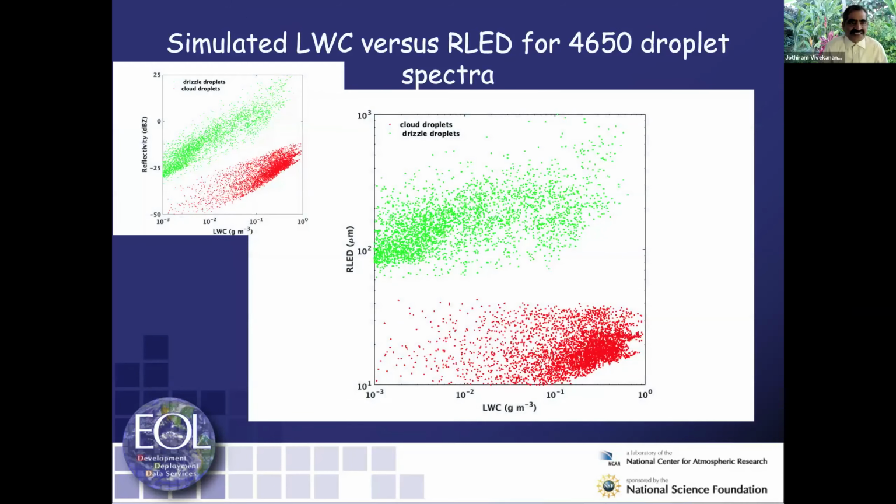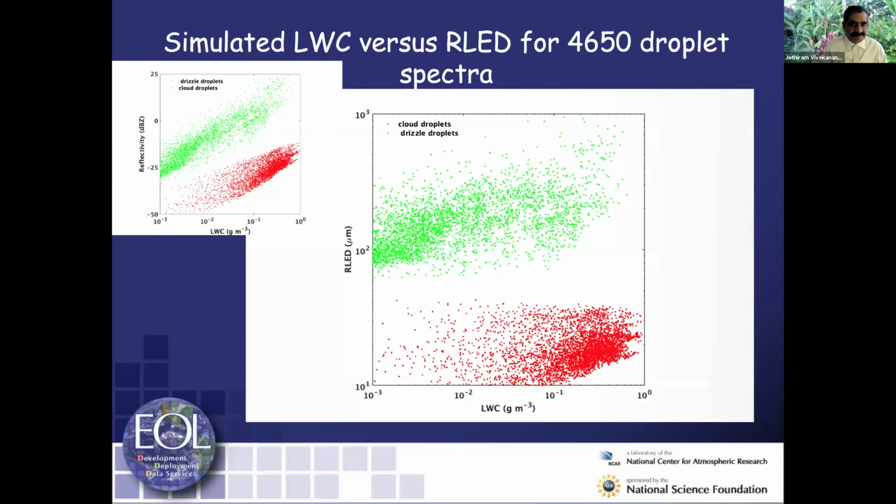Here it shows two curves. On the top left is reflectivity shown on the y-axis versus LWC. In the bigger curve, I have size in micrometers and LWC. As you notice here, the bigger the size, the bigger the dBZ, as expected, for the same LWC. Hence, I have two measurements, radar and lidar, as reflectivity and also the ratio between radar and lidar, like a dual wavelength. Hence, I have two independent measurements. That way, I could develop my technique.